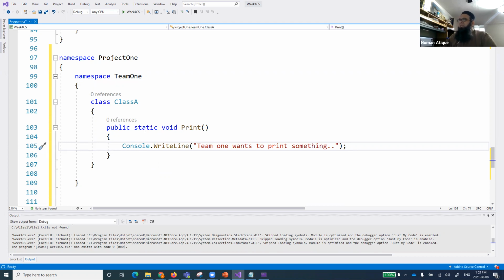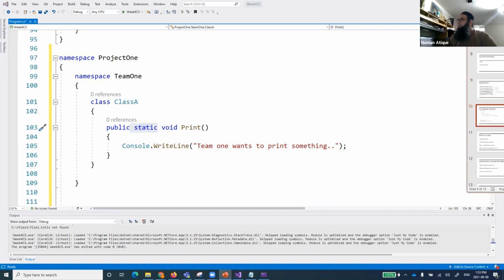They have a class A, and they have a method inside that class. And what type of method is it? You remember, it is a static method. And this static method is printing something on our output, showing that something has happened, something I want to print as a Team 1 member.